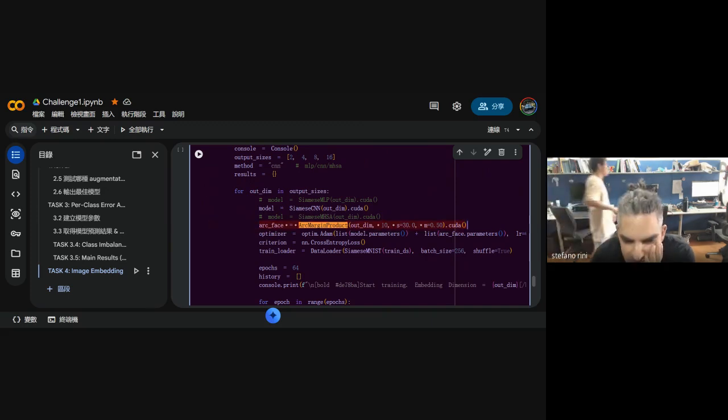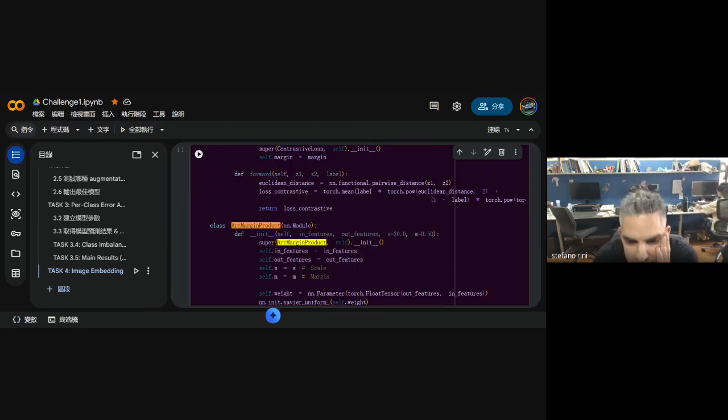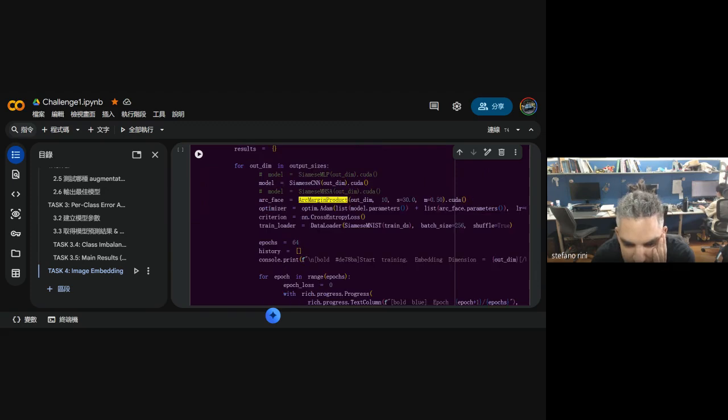And then what comes out from ArcFace goes into there. So you optimize the parameters of the network plus the margin classifier, okay? And then you have a cross entropy loss. Cross entropy loss, Siamese. So you also optimize over the